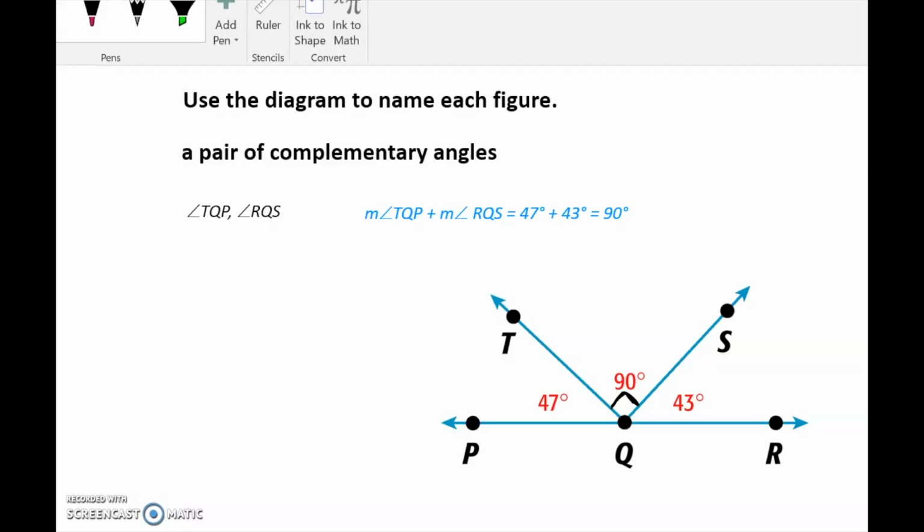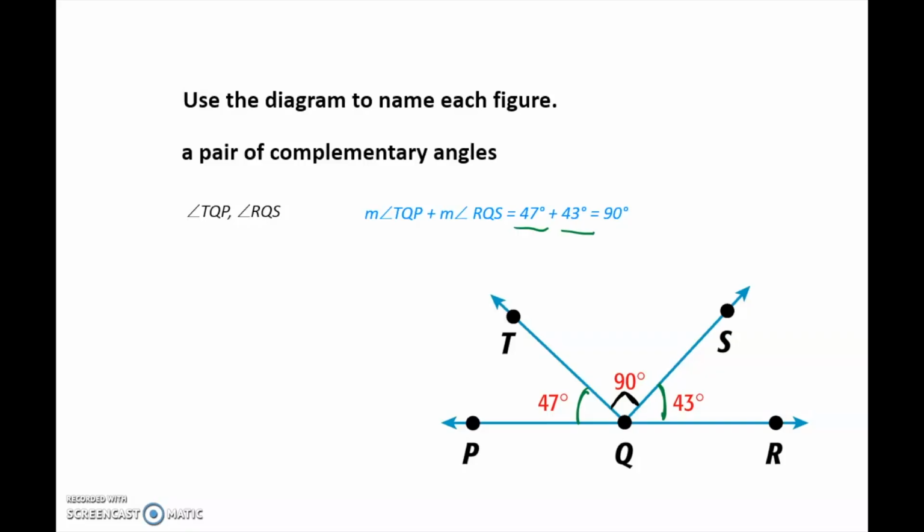But if we're looking at these 2 angles over here, these 2 green angles, we could see that 47 plus 43 equals 90. Well, that's going to help us if we don't know one of the angles, but we're trying to solve for it. So I'm going to go ahead and draw a diagram, and we're going to solve for